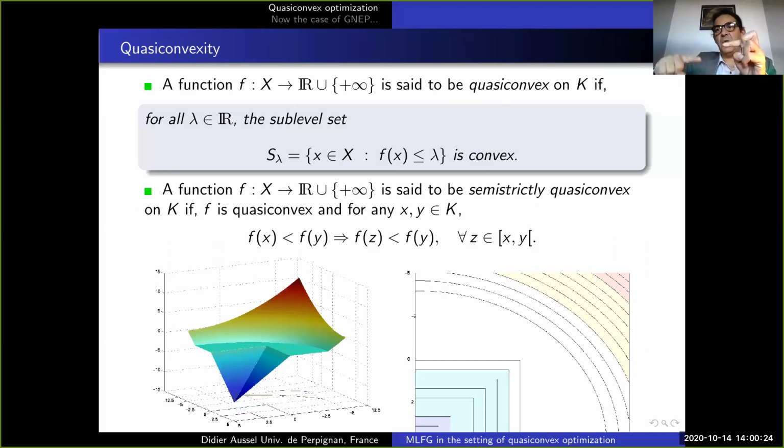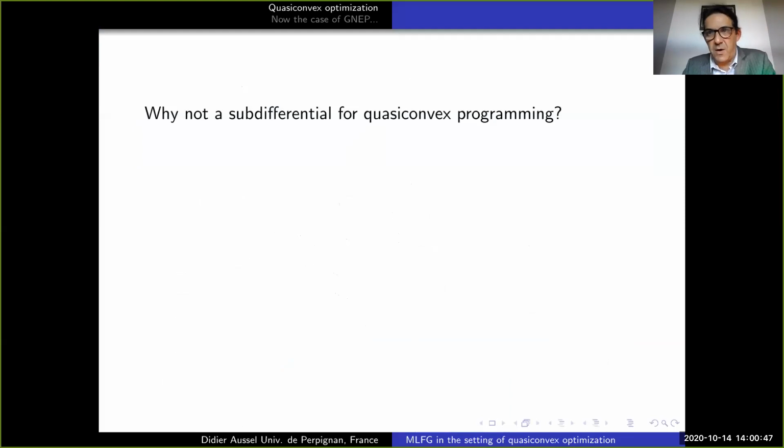So don't have a look at this additional dimension to obtain the epigraph. Just have a look at the set x. And just have a look at the sublevel set. Because those sublevel sets are convex, so we have plenty of very good properties and very, very known results on convex sets. So let's use that, which means forget about subdifferential, forget about derivative. They are not adapted to quasi-convex optimization. And so